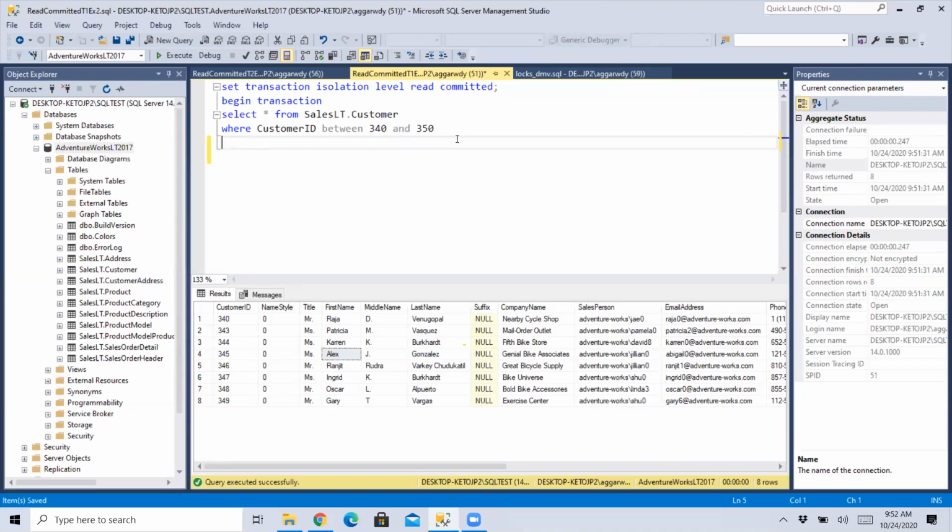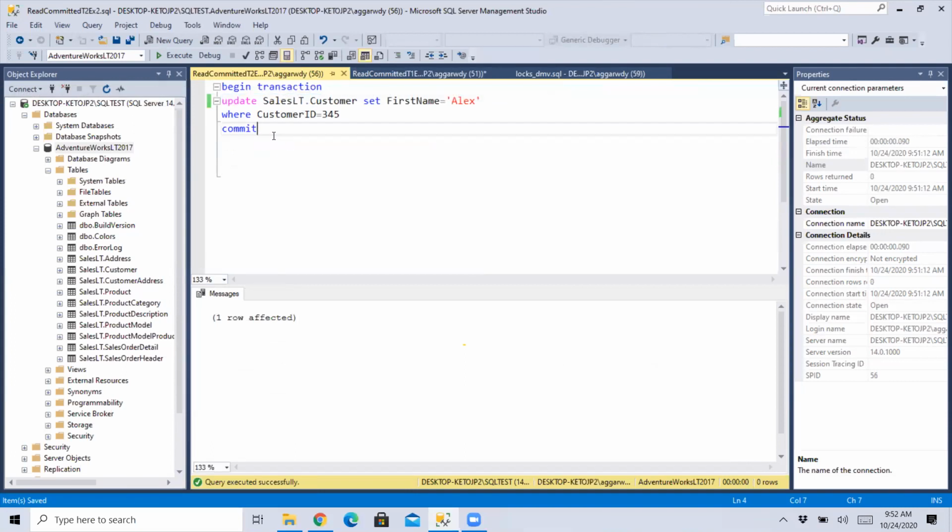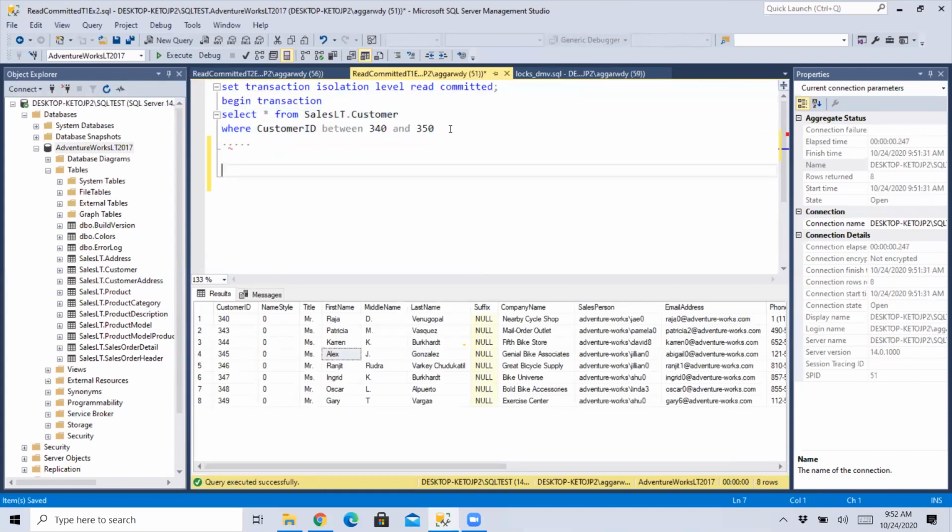Correct, right? So basically, right now I'm not showing the full picture, but here's the idea. I read the data, and I got the different value previously. Then in the meantime, another transaction went ahead and updated the value, right? So there's no blocking there. And then even in the simpler case, without even modifying anything, if I do this, I will get a different value in the same transaction, right? So this is a non-repeatable read. So read committed helped me avoid the dirty read problem, but it doesn't solve the non-repeatable read problem